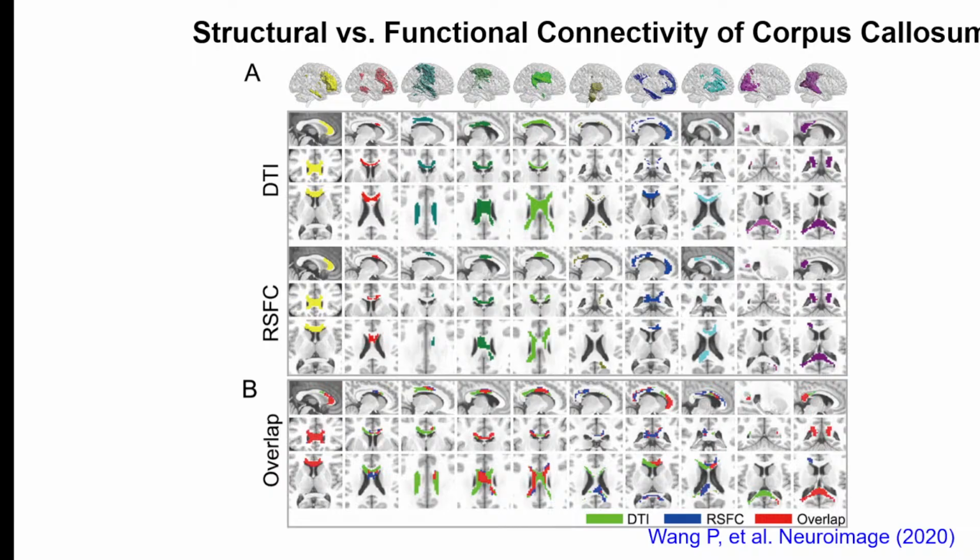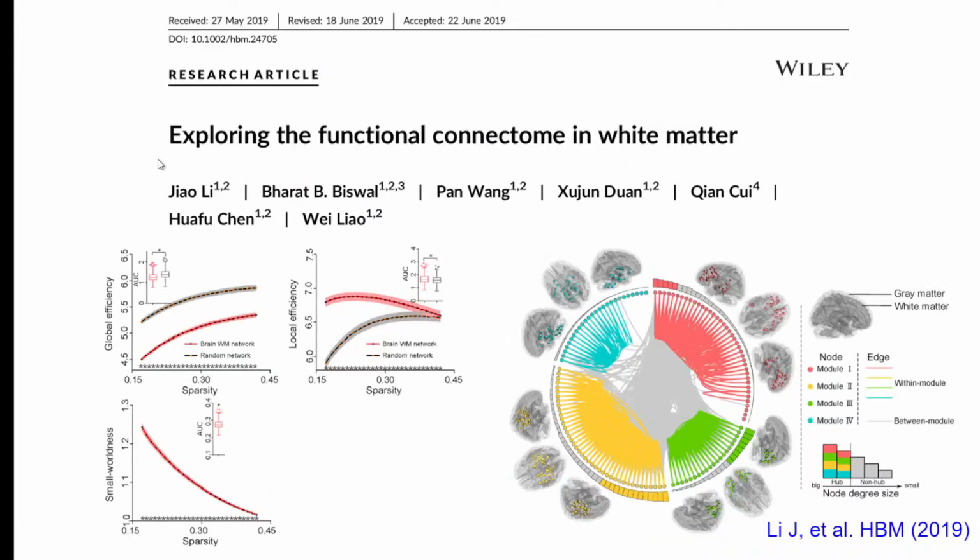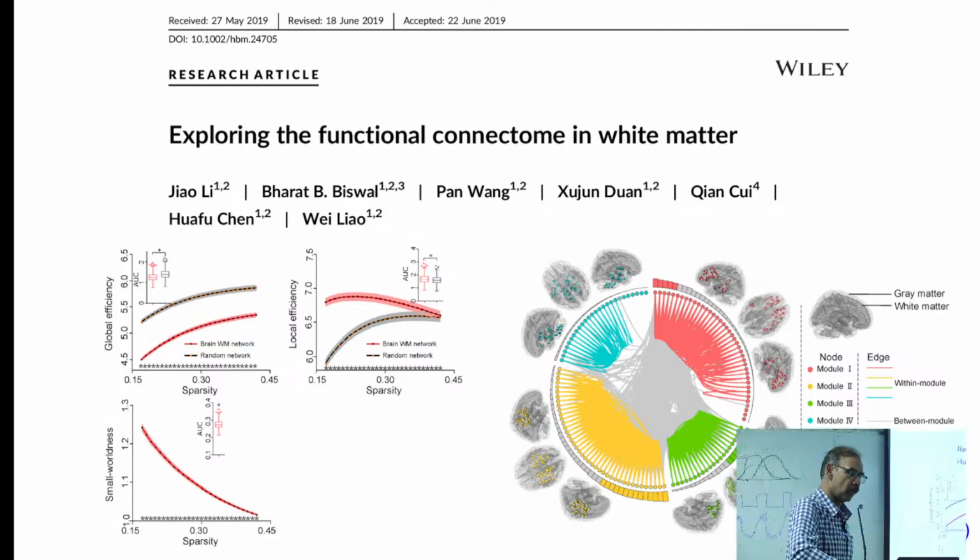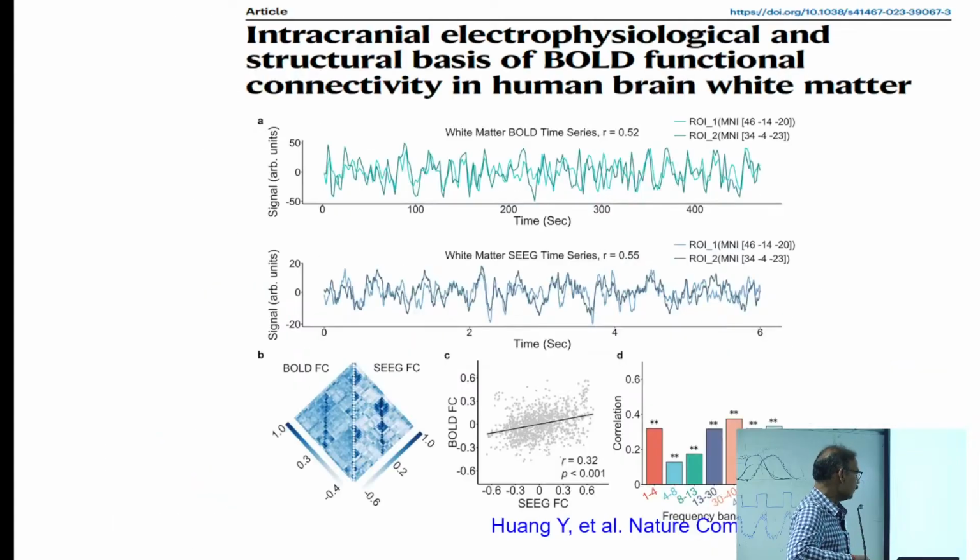To further investigate, we wanted to look at the noise structure within the white matter, right? So this is the brain white matter network. This is the random network. And again, the fact that these parameters are different suggests that the noise property is not due to random noise. This is a study by Huang, not our study, where they had very high